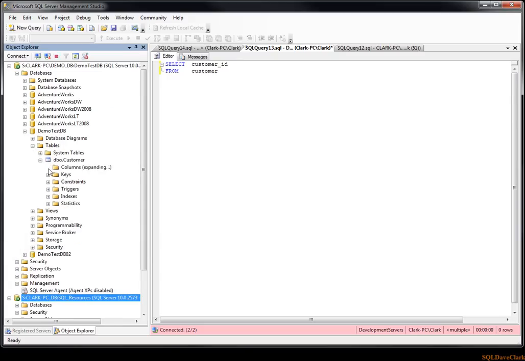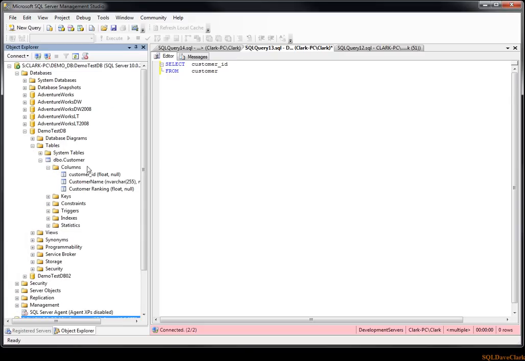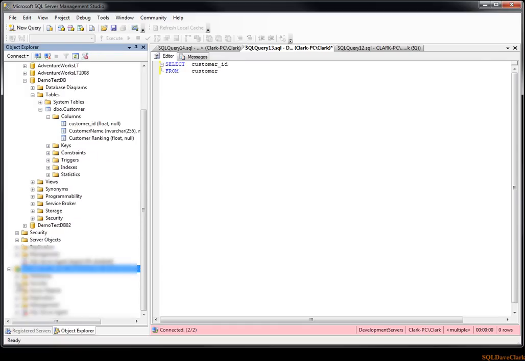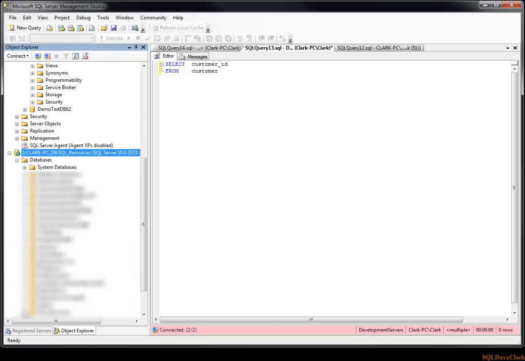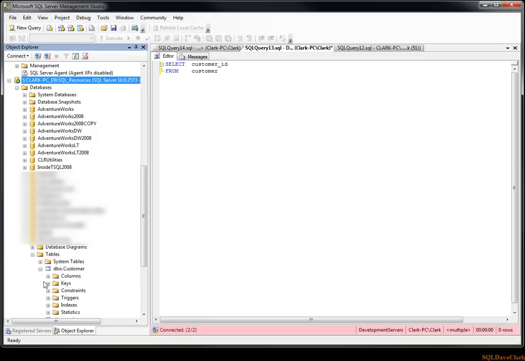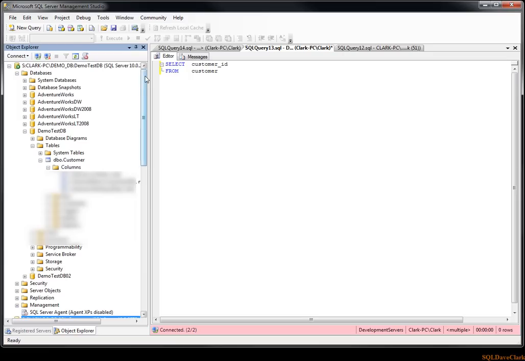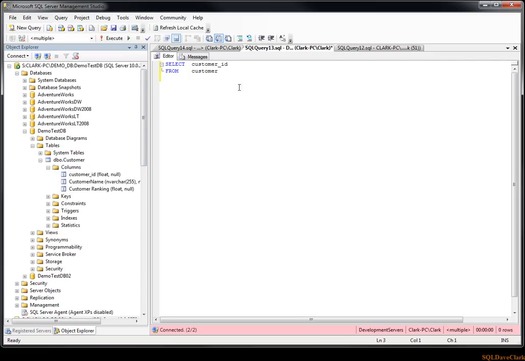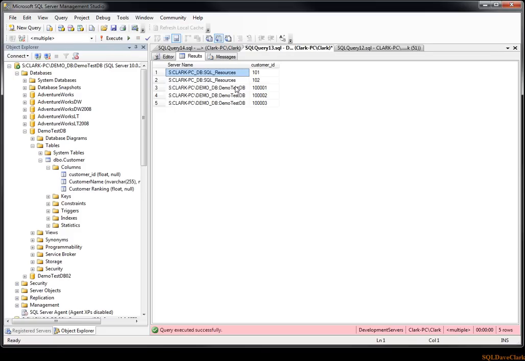This table has customer ID, customer name, customer ranking, and then in our SQL resources, we've got the columns customer ID, customer name, customer ranking, and then an extra column. We'll just keep that in mind for a moment. So we'll go ahead and run the select customer ID from the customer table, execute, and notice we get our